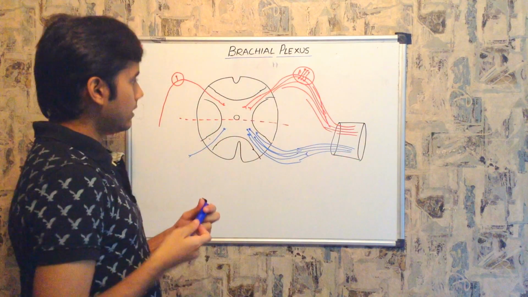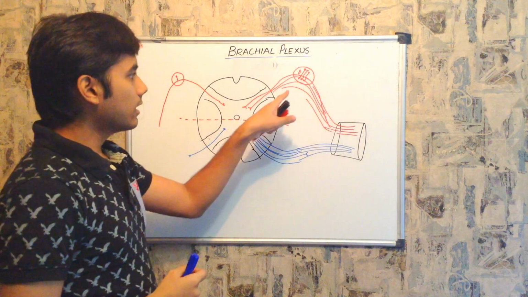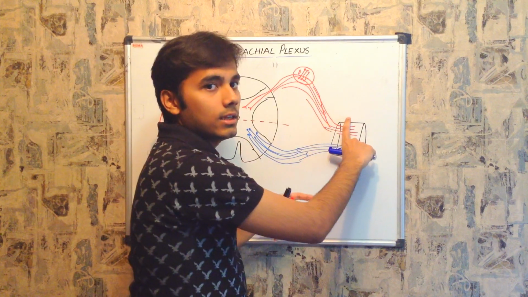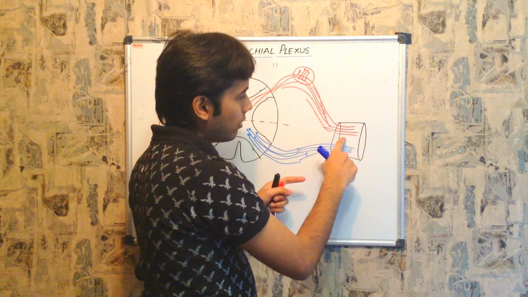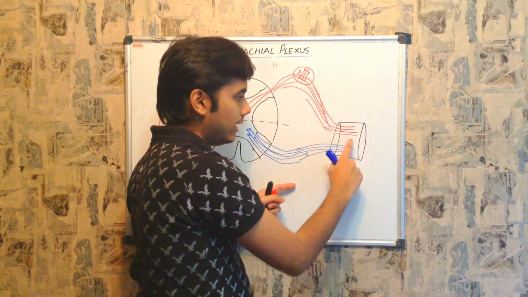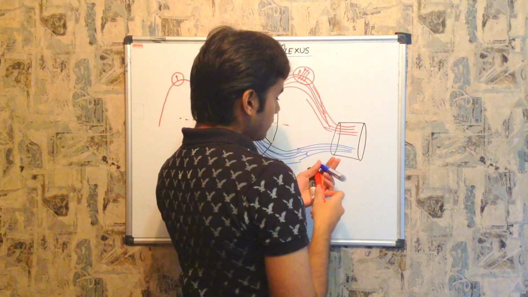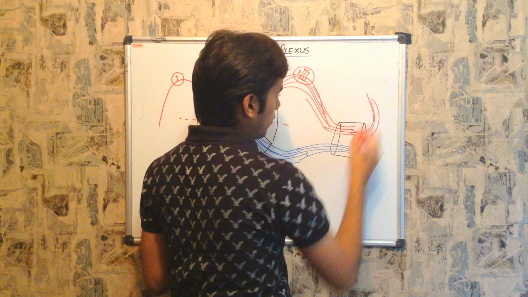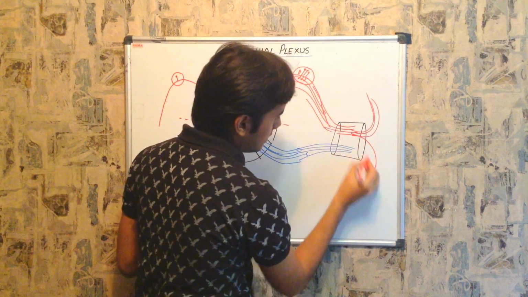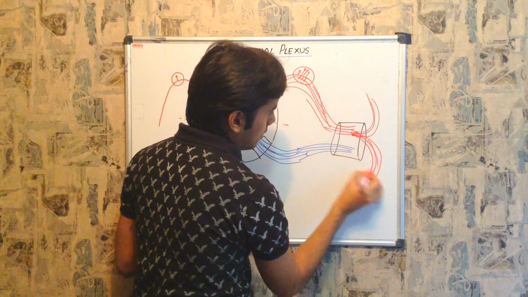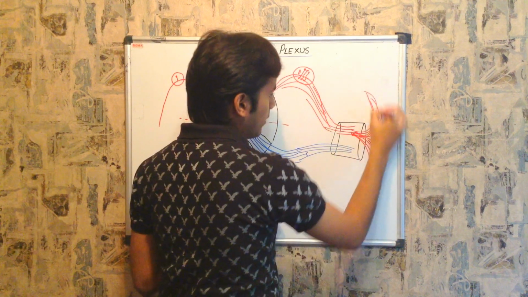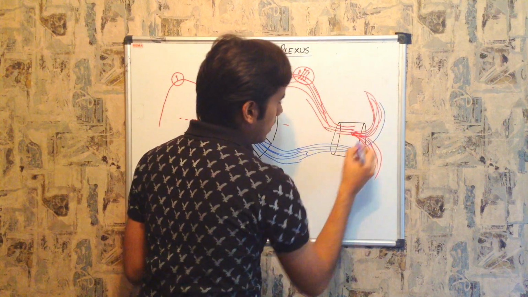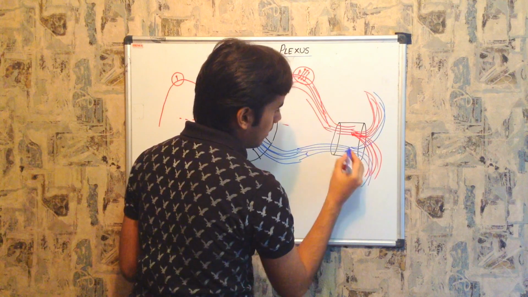One important thing to remember is that the dorsal root of the spinal cord always contains sensory neurons and the ventral root contains motor neurons, but the spinal nerve is a mixed nerve because it has a mixture of dorsal as well as ventral, that is, sensory as well as motor. So from here, some of the sensory neurons go upward and some go downward. In medical terms we call this a posterior movement, and this an anterior movement. In the same way, the ventral roots or the motor neurons also go upward and most of them come downward in this way.